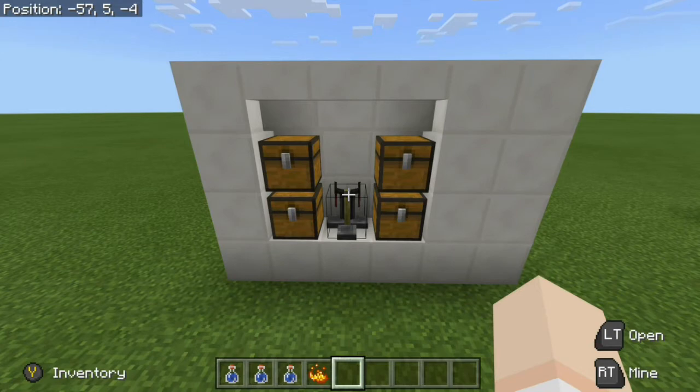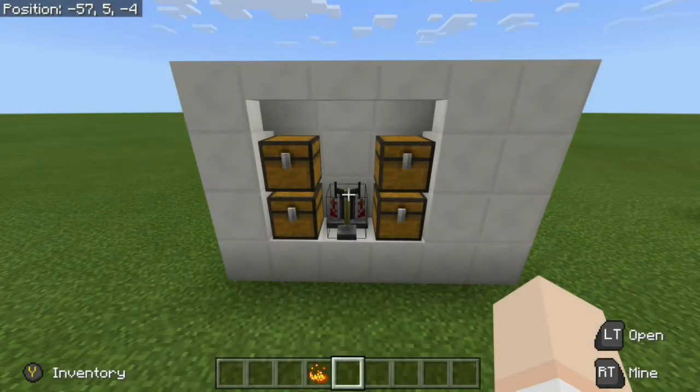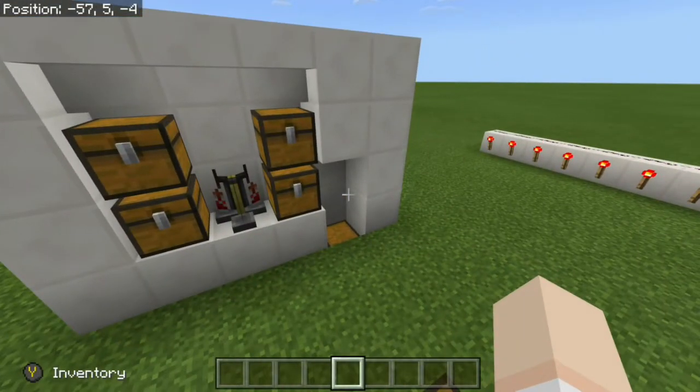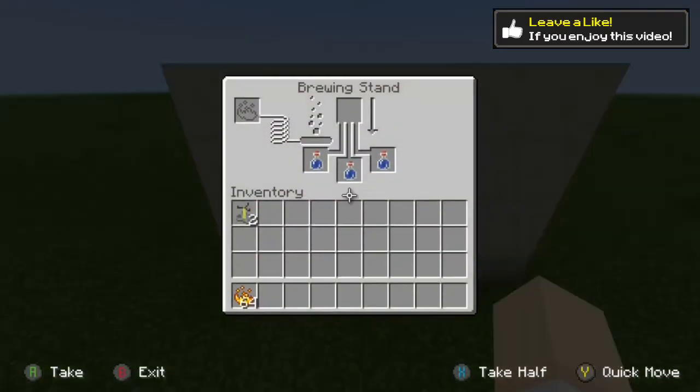So all we need to do now is add the items that we did in the beginning. So we add our water bottles, and as you saw, nothing is going to happen. And it's not until we add a full stack of blaze powder that our door is going to open up. Now for those of you who are still curious as to how this build works, let me go ahead and quickly show you. So what I've done is I've removed the blaze powder, we left the water bottles in here,